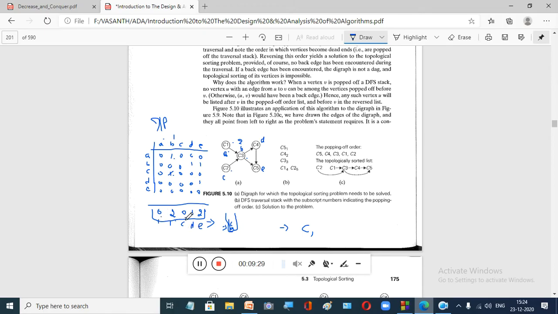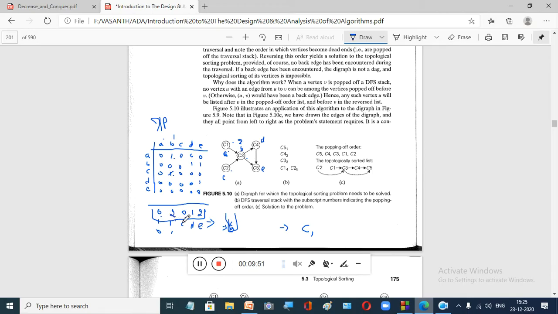So now this value will change. Now when you remove this one here, again this second time when you find the in degree, this becomes 0. Now this becomes 1, because this is removed now, right? This entire row you are going to remove. C has been popped out. So afresh you are going to calculate the in degrees.